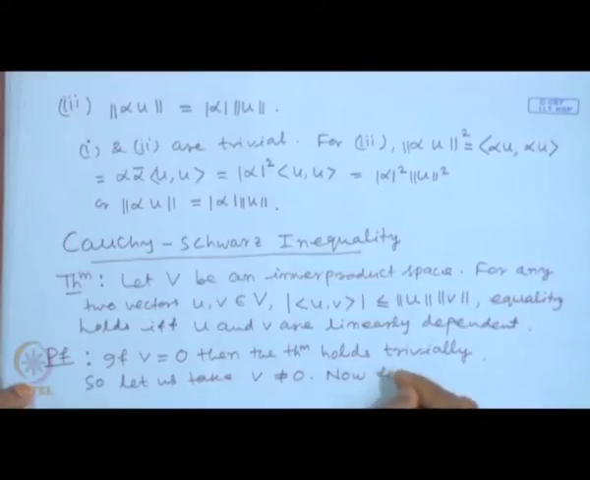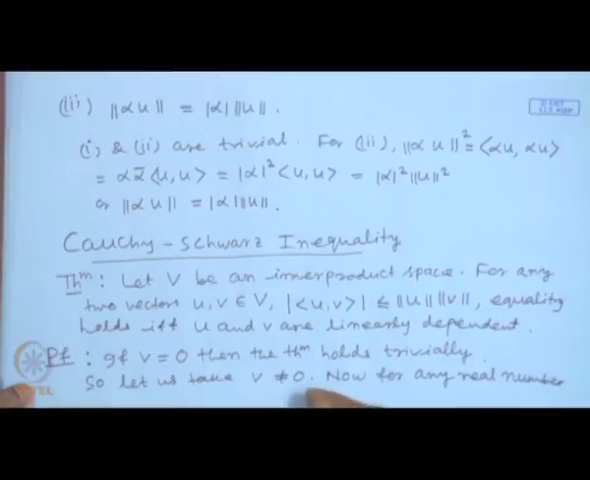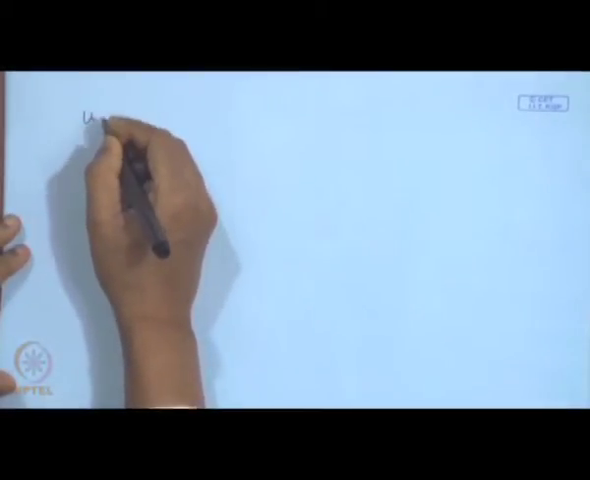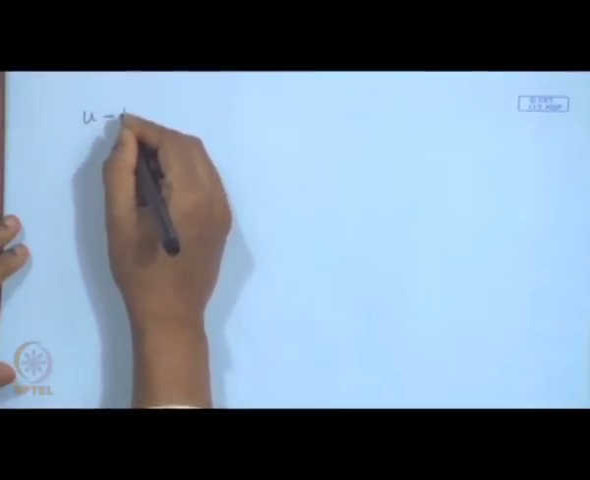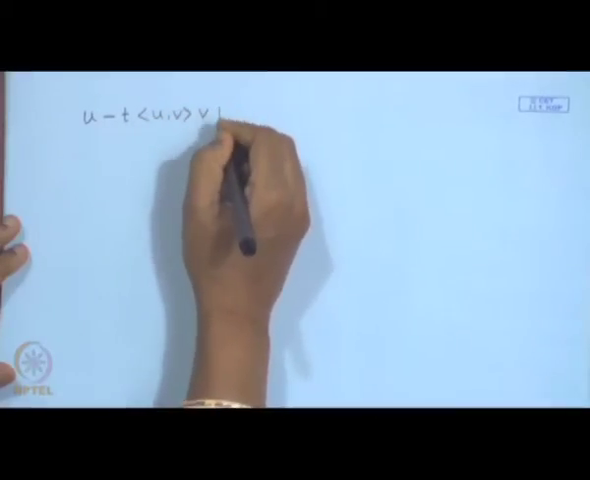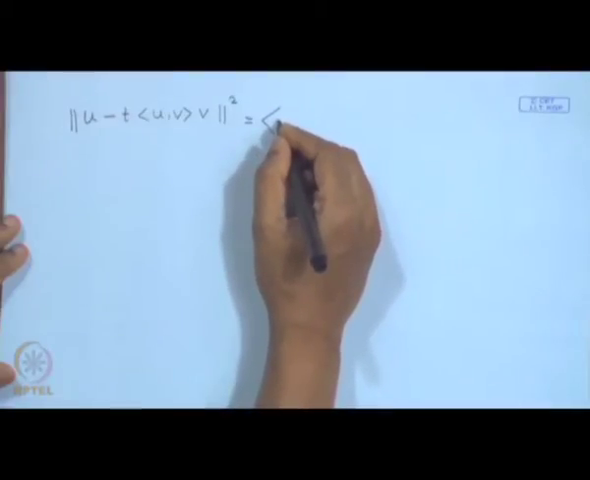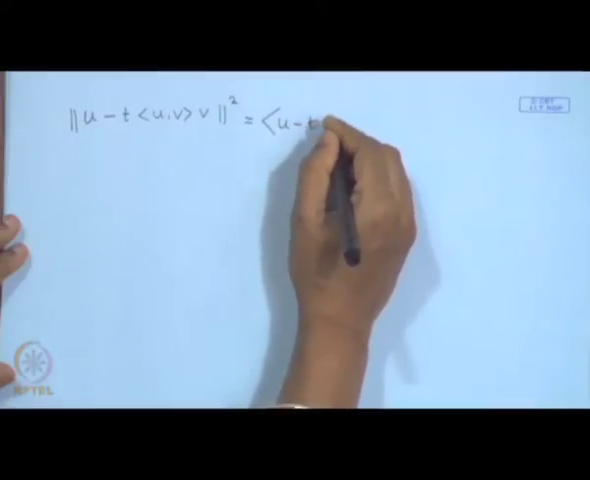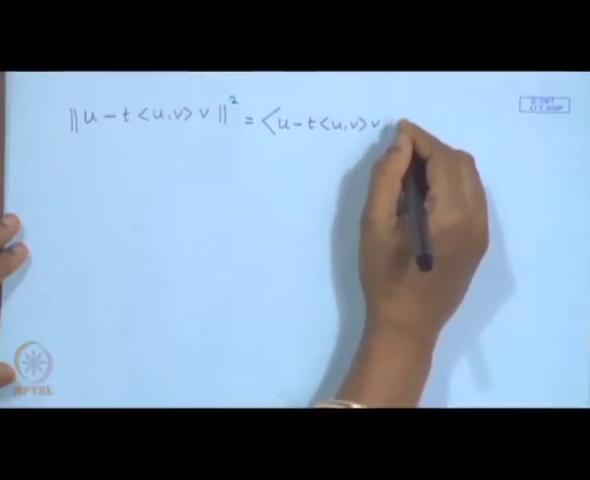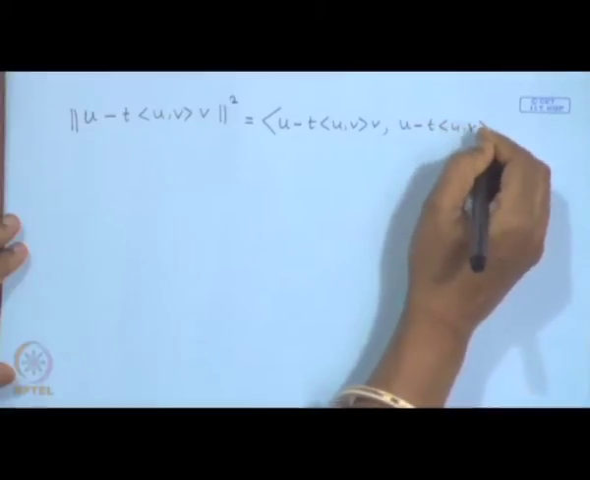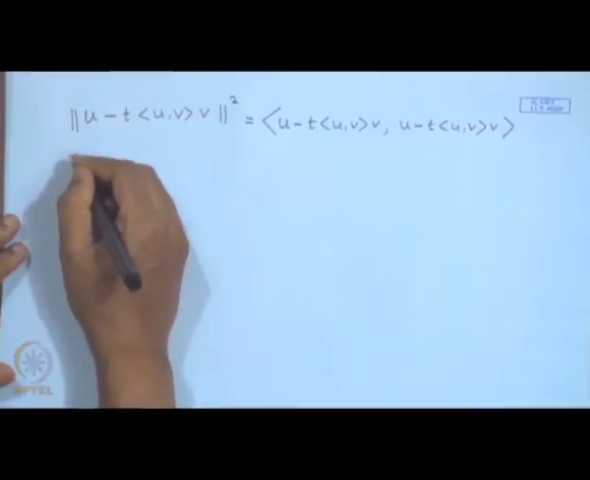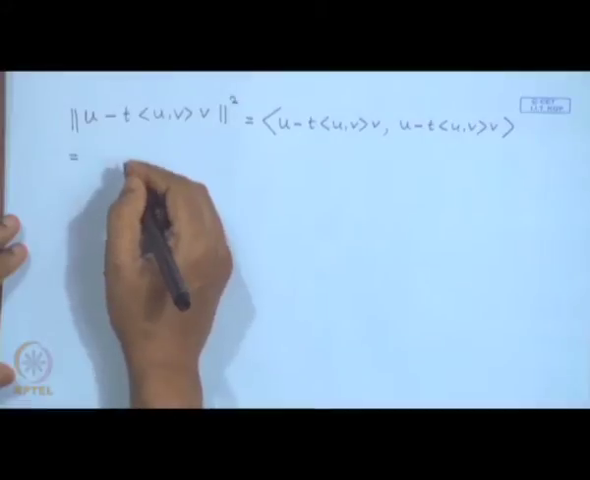Now, for any real number t, we have the following. We consider the square of the norm of u minus t times inner product of u, v times v, and from the definition of norm we get the inner product of u minus t times inner product of u, v times v with itself. On simplifying, using the axioms of an inner product space, we get